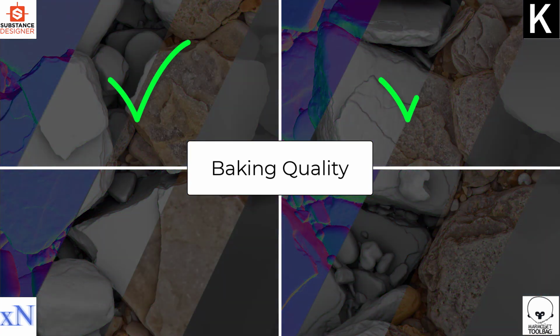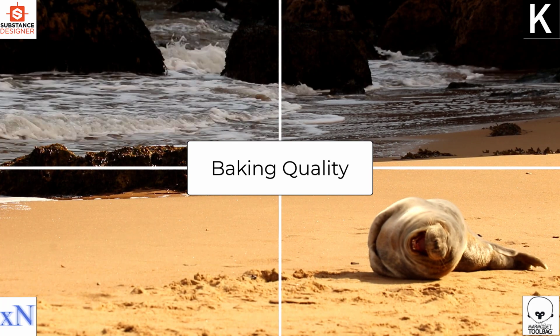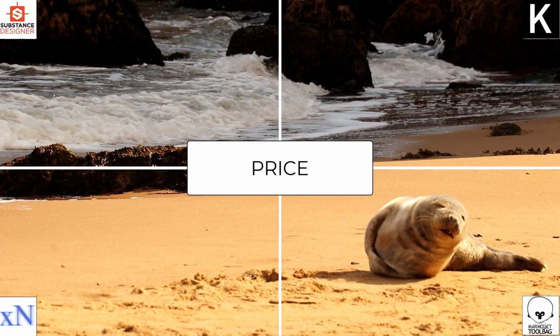Fortunately, each baker from this comparison delivered roughly the same very high quality results. The Knald was a small exception, as the current version lacks the option to bake from the texture, but since it's just a matter of a single update, I would say it's fine. Of course, since it isn't there yet, I would say that in current state it is a big no and I wouldn't use Knald Baker without it, but after it is added, I might consider Knald as one of the best bakers on the market. The last but not least is the software affordability.